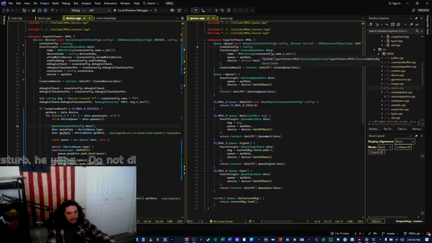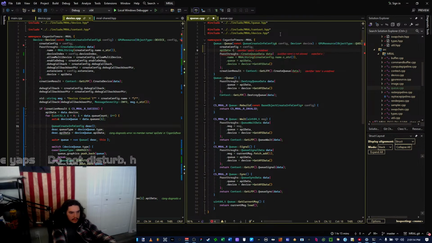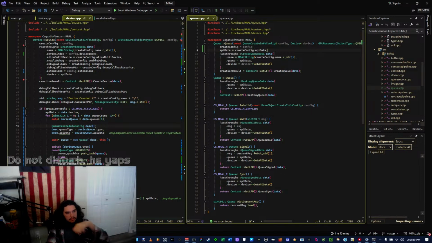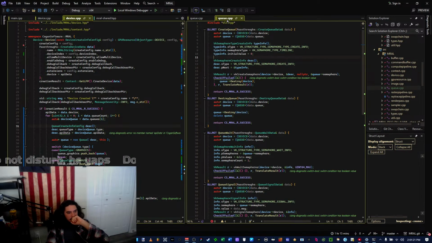And then this. API data equals API data. And then, when I go ahead and create the queue, yeah. And throw 3 points up there.